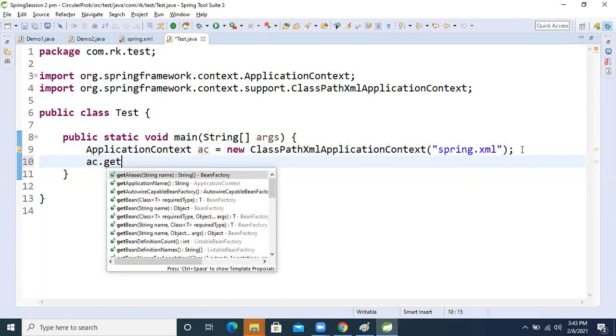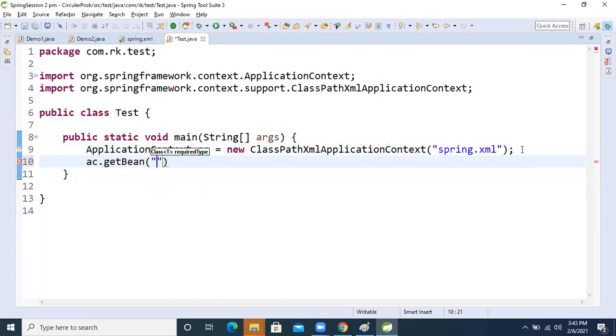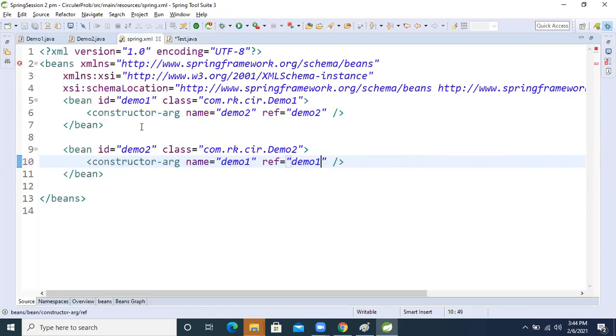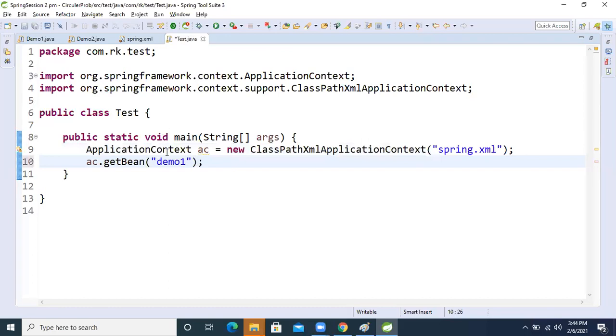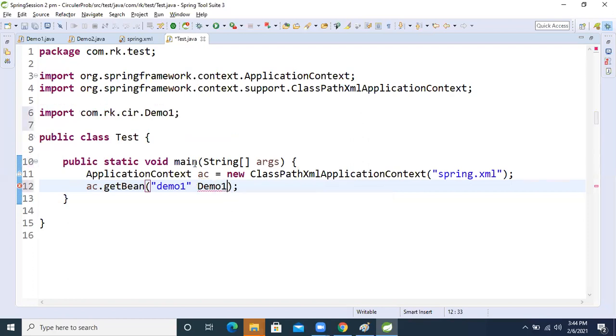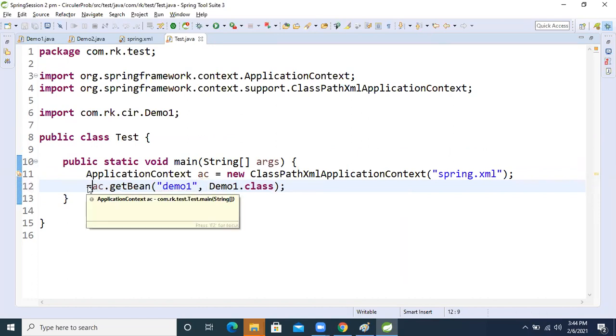Then ac.getBean. Both beans depend on each other, so if we pass any one, like demo1, with demo1.class, it will return demo1 only.